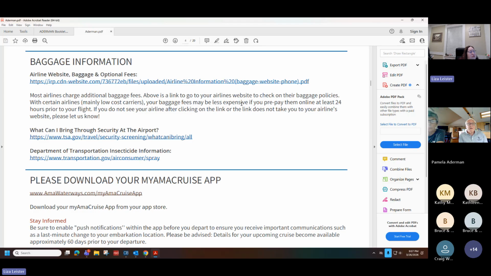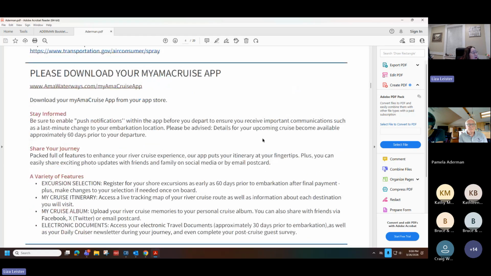But I am going to warn you, if you're doing the pre and post packages with AMA or the custom Paris package, there's not a lot of room on those buses. So even though you're in business class and you're allowed 2 bags, I would really try to limit yourself to 1 bag and a carry-on, just because there is not a lot of space on those buses, and you don't want them to say, oh, we can't fit it in, one of your bags is left behind.